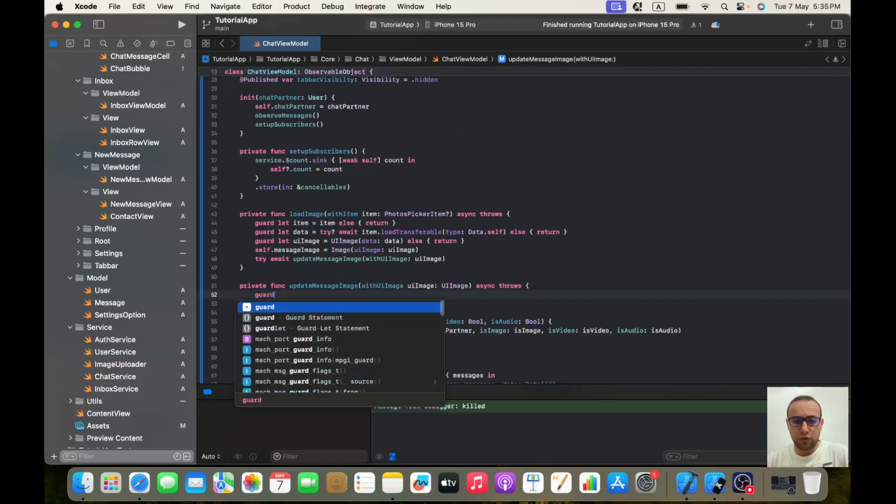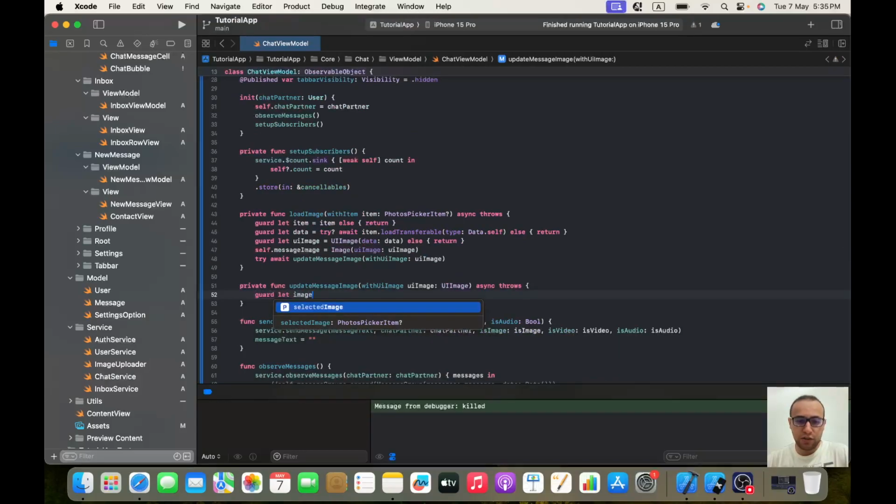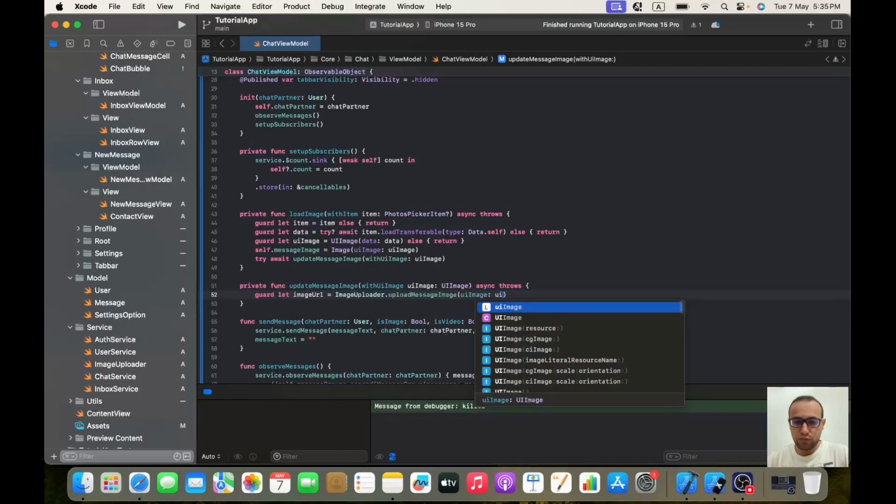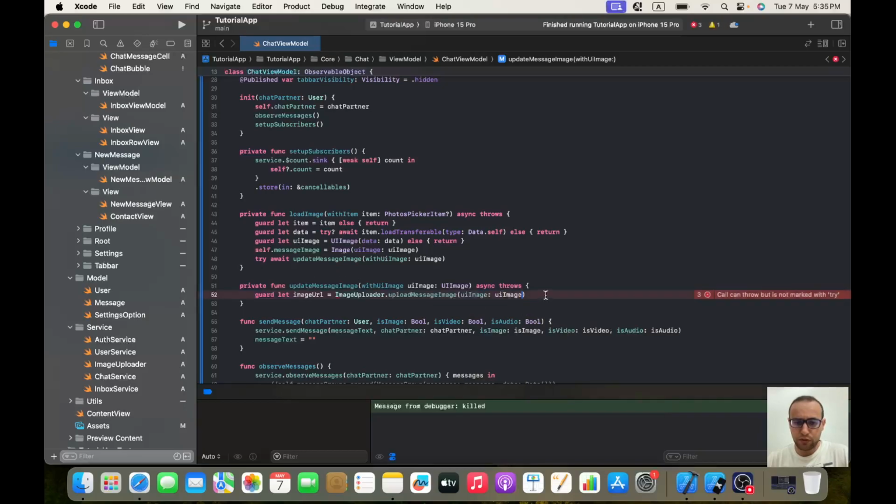So first thing, we get the image URL, so it will be guard let imageURL equal imageUploader.uploadMessageImage, and we give it the UIImage. Okay, perfect. And of course, try await. I tend to forget it. Else, of course, also return. Okay. After I execute this line of code, I uploaded the image to our storage and I got the image